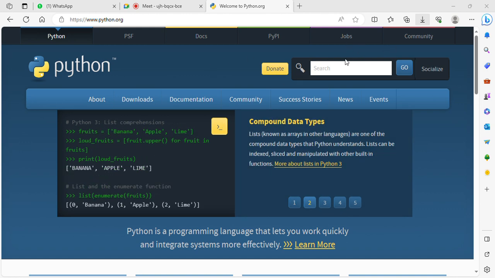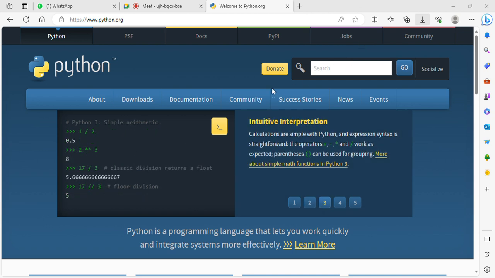Okay, is this clear? How to install Jupyter? Yes, sir. Okay, fine. Now